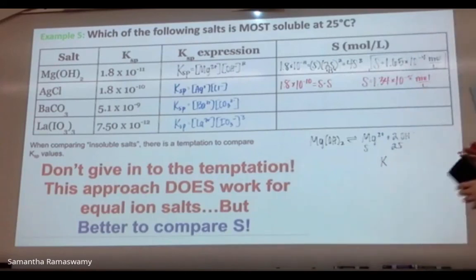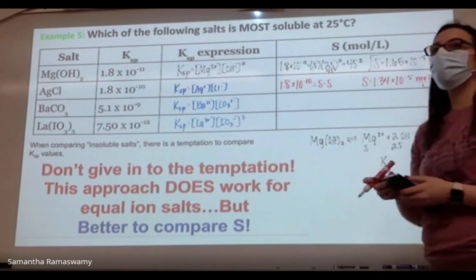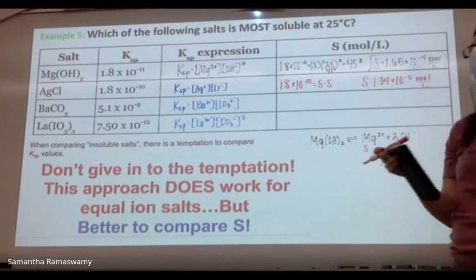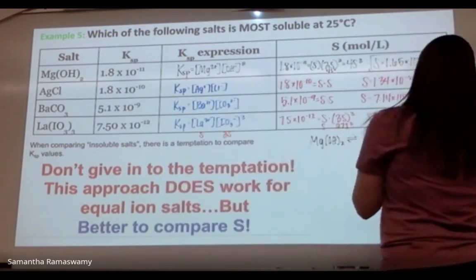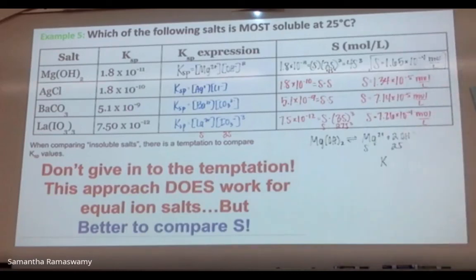All right, you want most soluble. Most soluble means you have the most number of ions. So which one has the most number of ions? The most soluble is the highest solubility value. All right, so here are all the solubility values that I